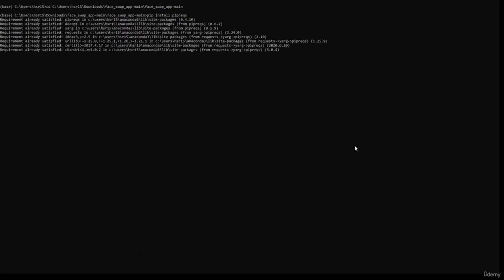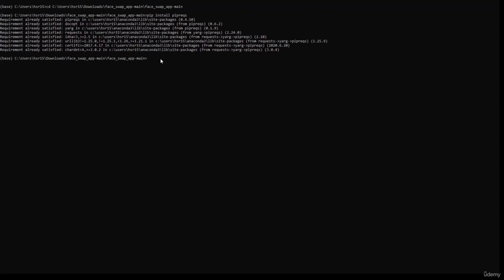Now we will use the command pipreqs. So to run this command, you first need to install pipreqs on your system. And if you don't have that pre-installed in a system, you can install it using pip install pipreqs. So what this will do, this will install this pipreqs library on your system. As I have already installed it on my system, it's showing me requirement already satisfied.